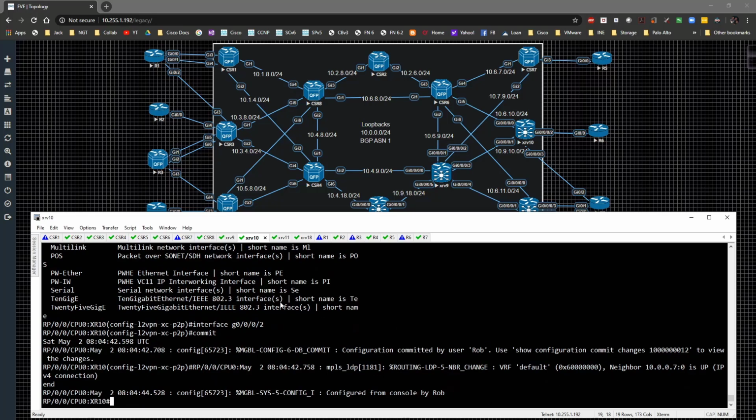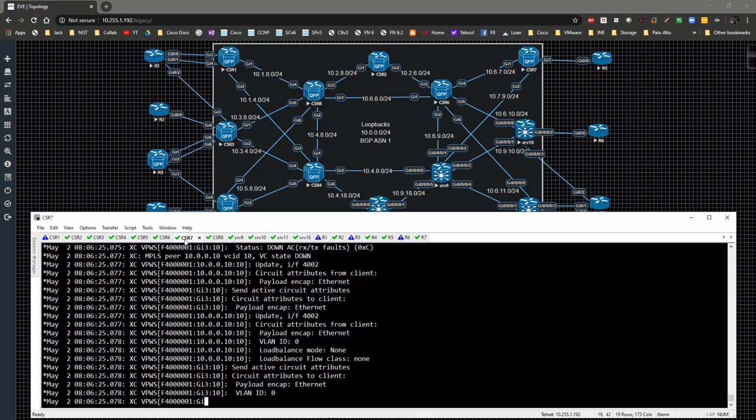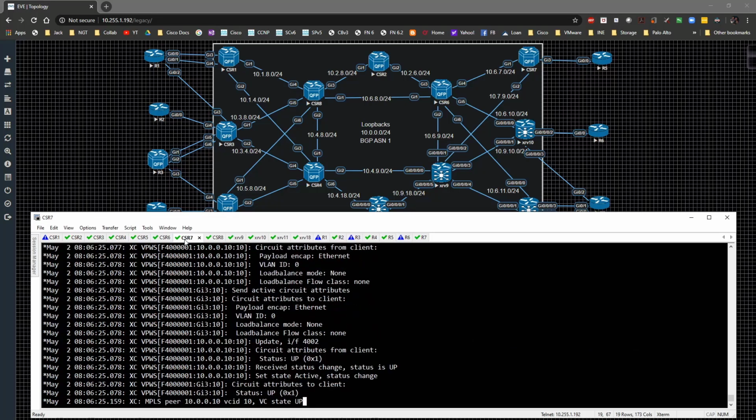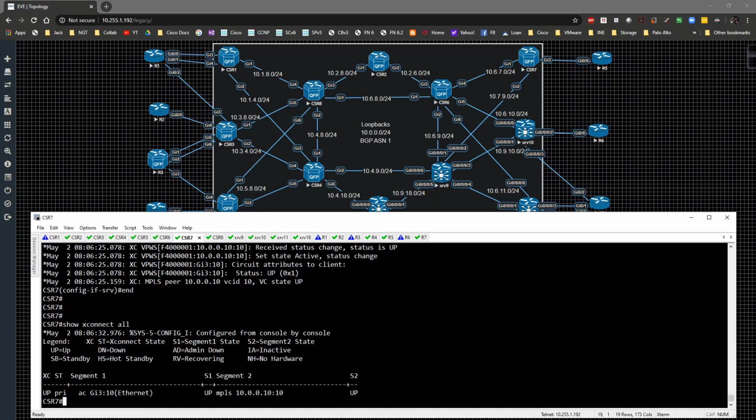You can see that the pseudo wire popped up right away, and it looks like it's going to work this time. Yes, there it is. So if we were to jump out of global config and do a show, there it is, now it's up. So we have that going for us, which is a good sign. So now it's a matter of going to,